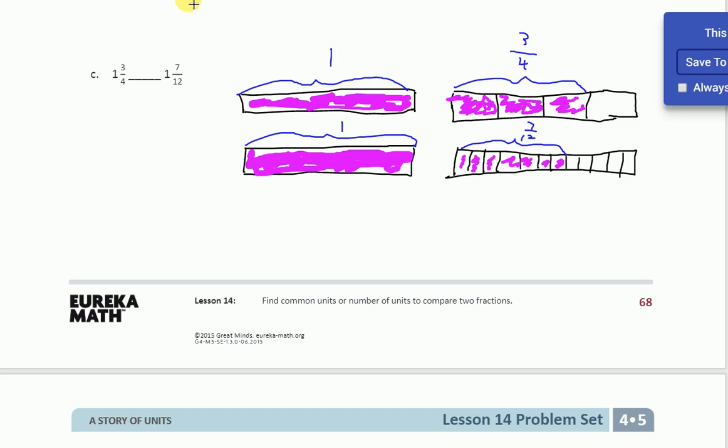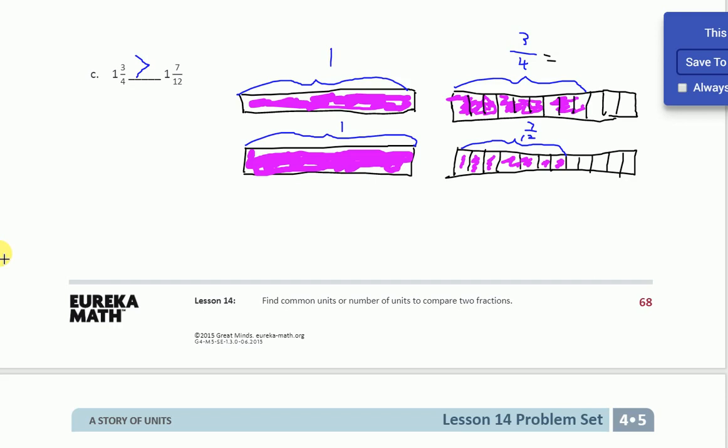Okay, so, well, I drew the tape diagrams, but what's the answer? Well, it looks to me like 3/4 is greater than 7/12. And you look at this and you go, whoa, I could do some multiplication here. I could change that 3/4 into 12ths. All I'd have to do is cut these into 3 pieces each. Look at this. Now I have 1, 2, 3, 4, 5, 6, 7, 8, 9. So this is equal to